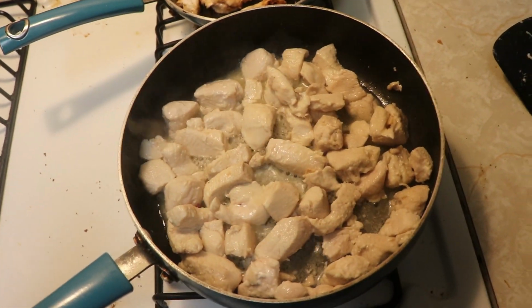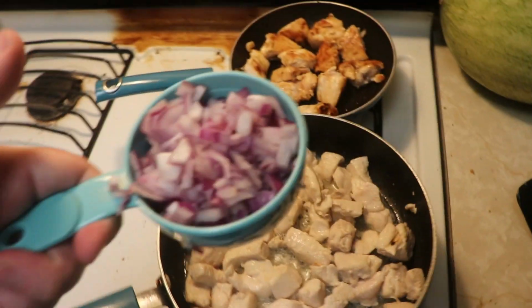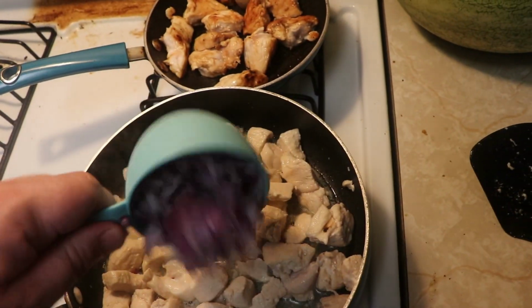And once you see that all the pink is gone, what you're going to want to do is add a cup of red onions. A cup is pretty